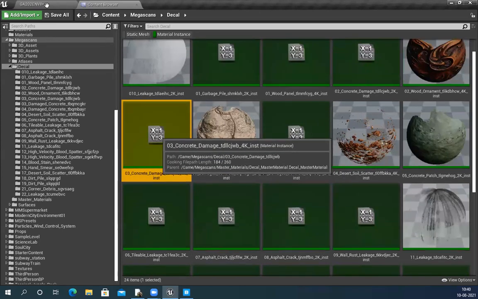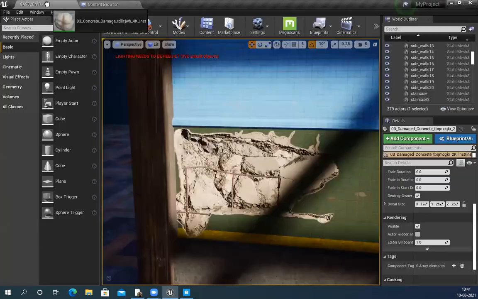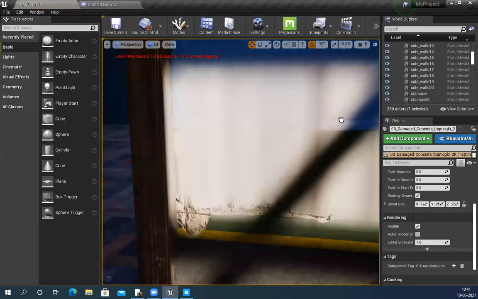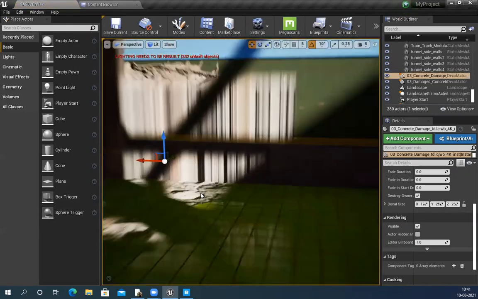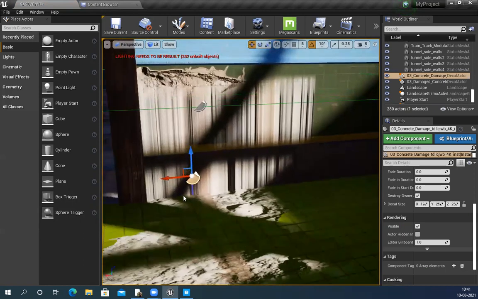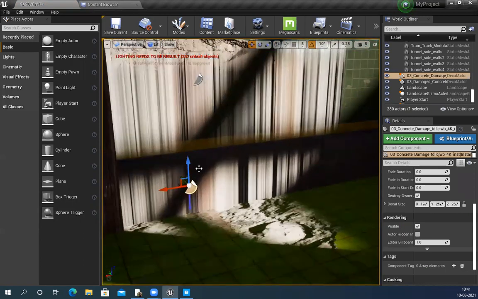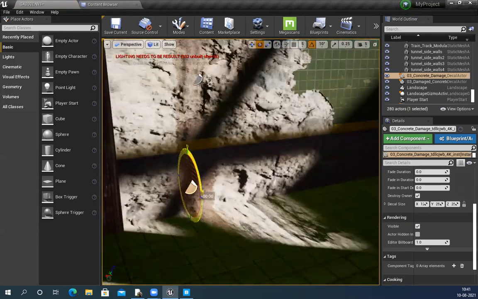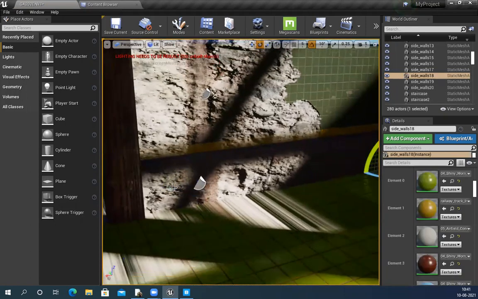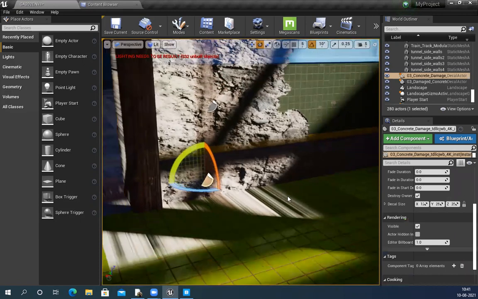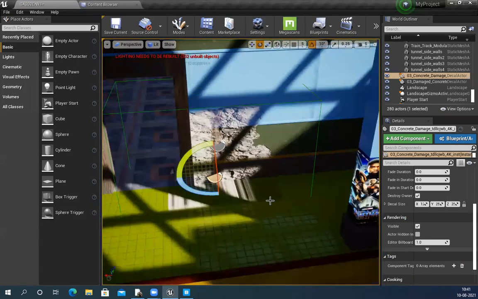Let's see, drag and drop. Yes, please move it down here. Again, press G and double check. You can see the blue arrow direction needs to change 90 degrees, and the thickness you need to change, because the bounding box is way too big.